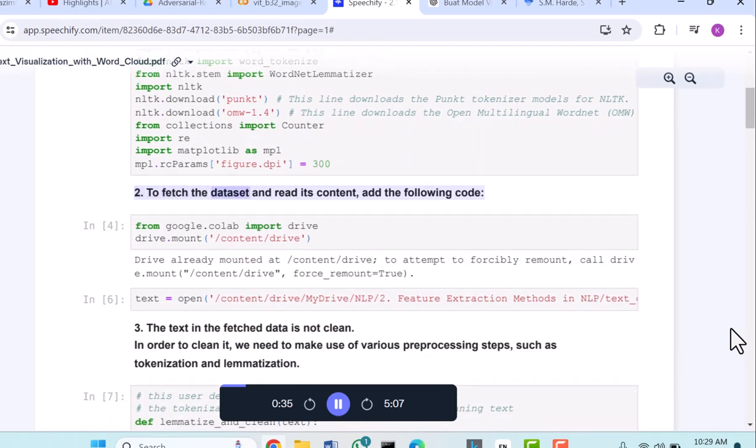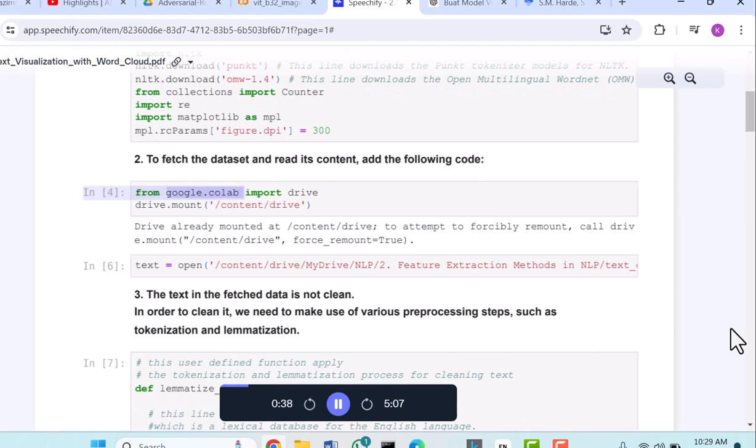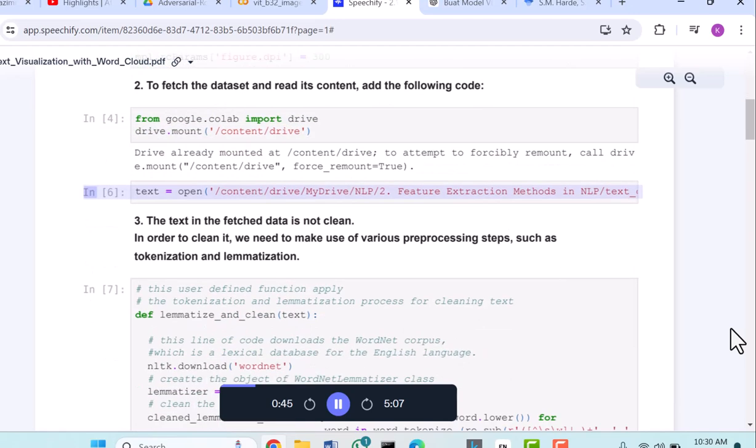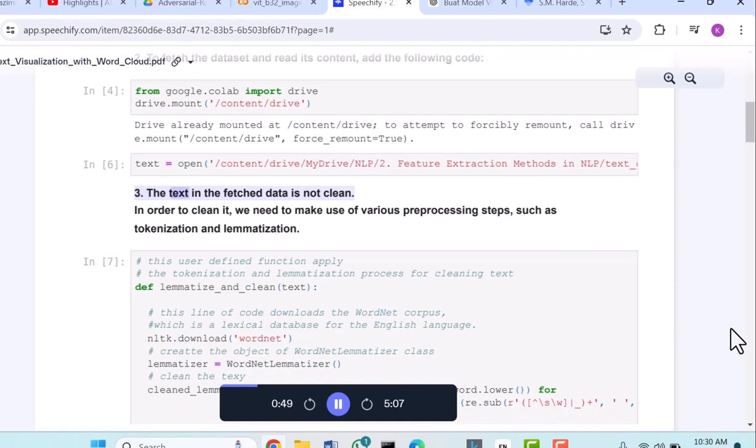2. To fetch the dataset and read its content, add the following code. From google.colab import drive; drive.mount('/content/drive'); text = open('/content/drive/my drive/nlp/2. Feature extraction methods in nlp/text_c